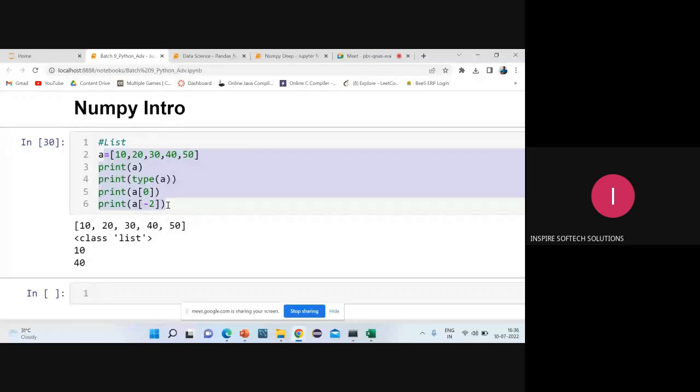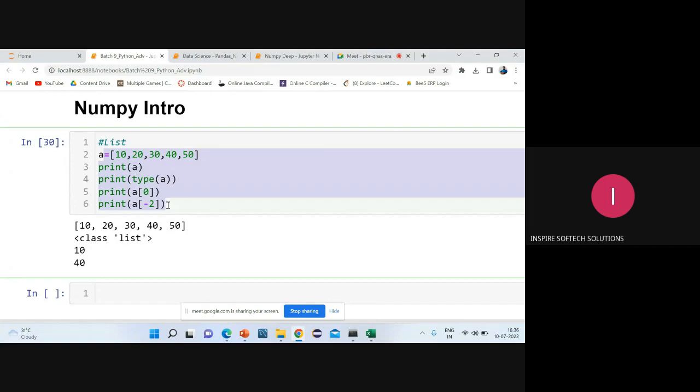If you don't know what is list, because when I was teaching you the basic level of list concept, for list alone we took nearly 2.5 hours, nearly 3 hours. Two classes we spent only on list, so there we thoroughly covered what is list. If you have not learned it, it is a bit difficult and you have to concentrate more and spend some more time to get into NumPy easily. But those who know list already can understand quickly, and a few advantages are there that we can learn. Now this is how we go with the list.